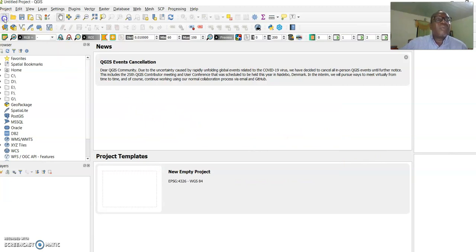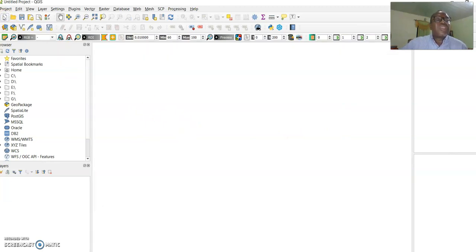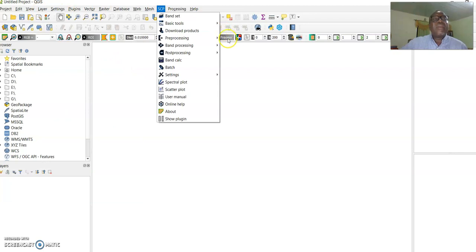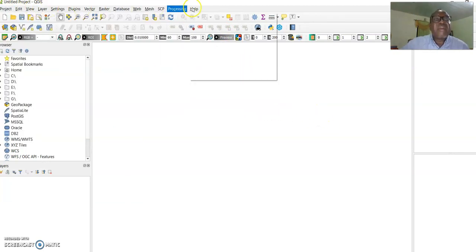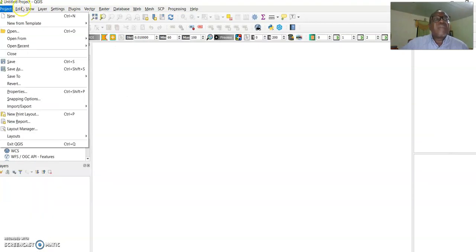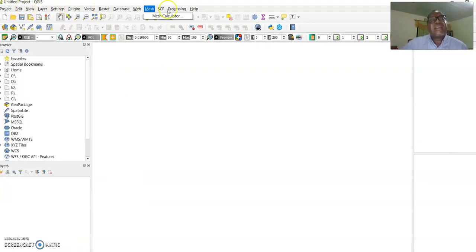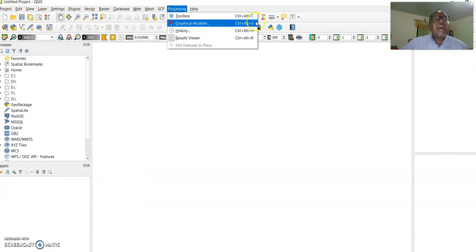Then you can now come to new, which is where you start a new project. Then you go to layer. Here on the interface that it gives you, you have the menu bar, which is on top. We have the project, edit, view, layer, settings. We have the button bar. We have the toolbar, and also